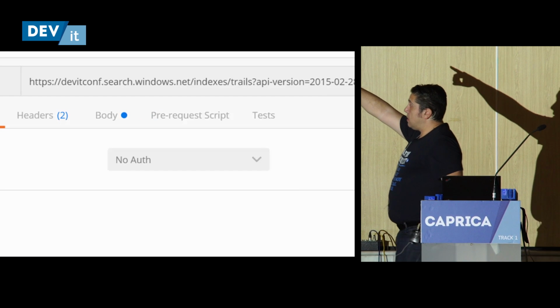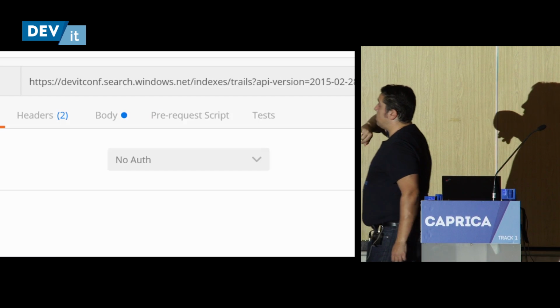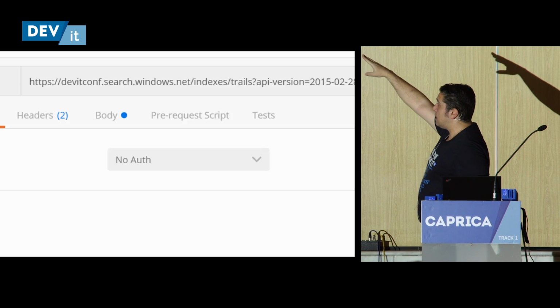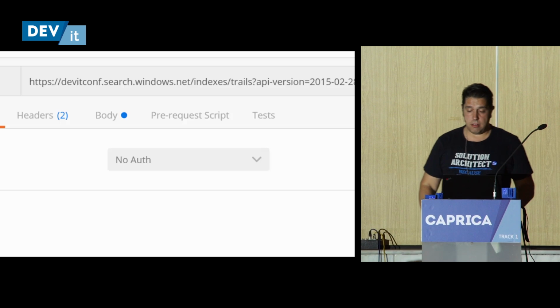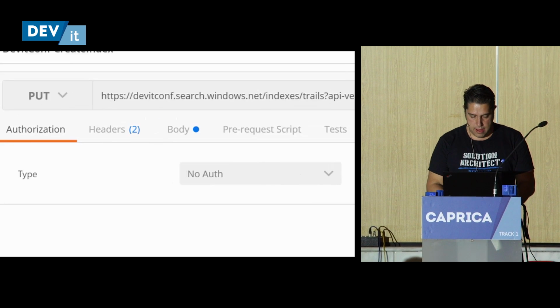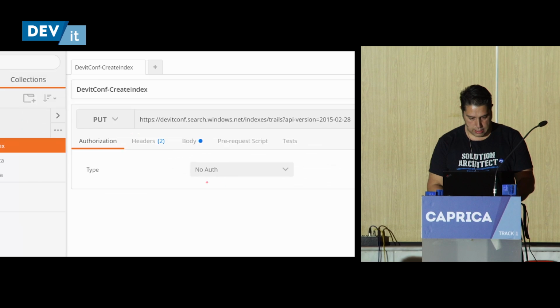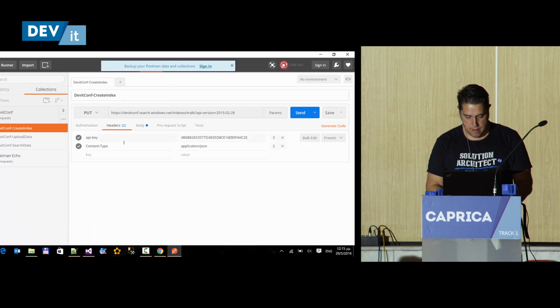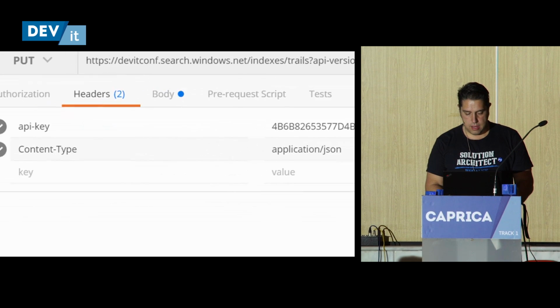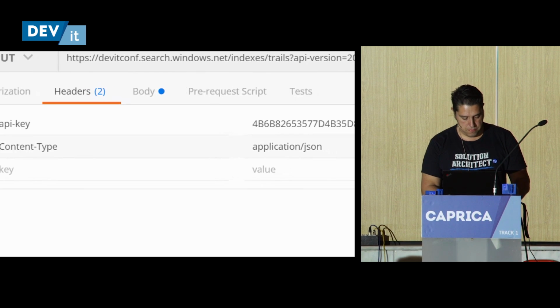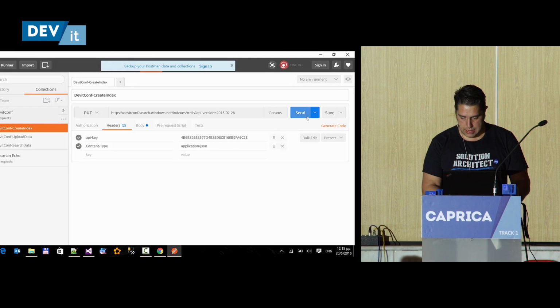The first part is the URL endpoint of my service. Then we have /indexes, and then the name of the index that I want to create, which is called trails. And I have to use a couple of headers, as you can imagine. The first one is the API key, and the second one is the content type for the response. So if I send that,